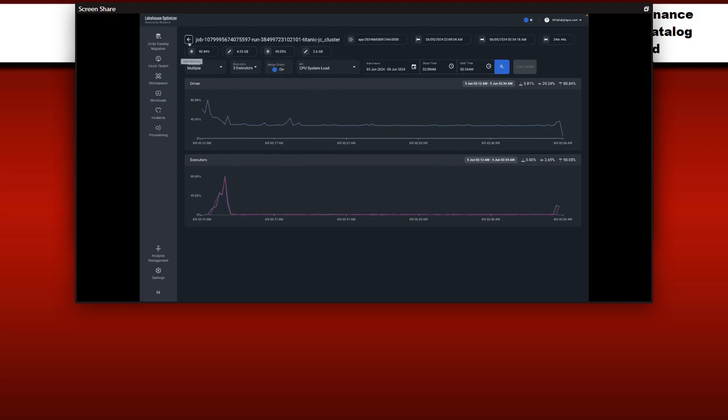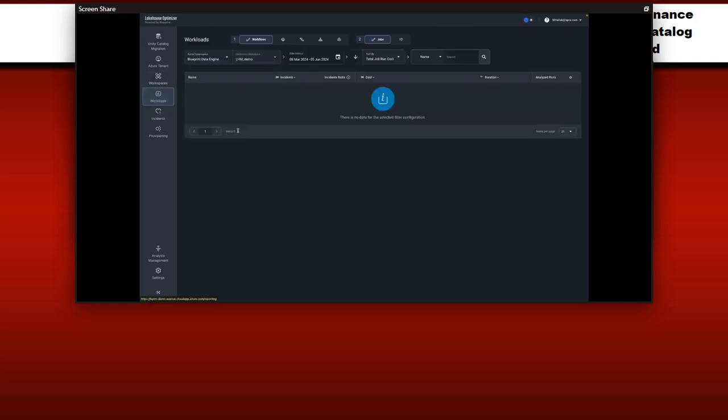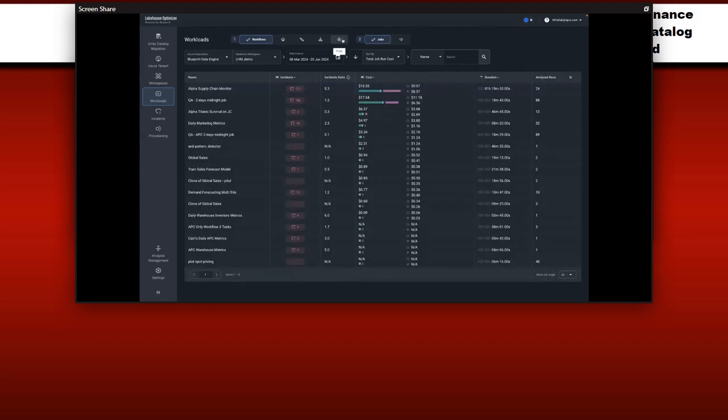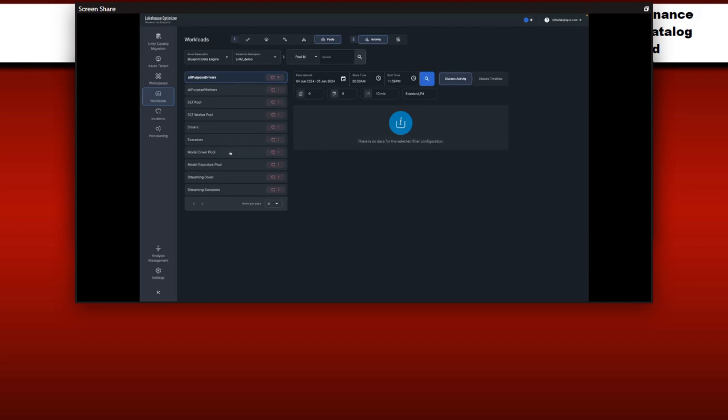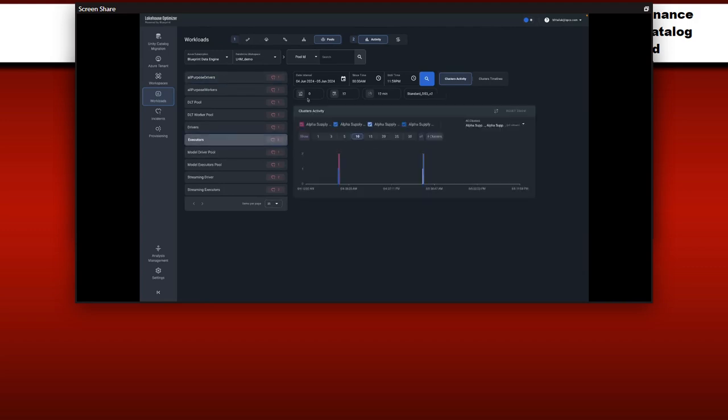I'm going to jump back out to workloads and show one more example over here in the pools area. So we have a number of pools that are running, and I've got a little bit of data from some different pool usage we were experimenting with in the past. So I'm just going to go grab a different date range here. And we're going to box select on some of this hot spotted area of pool activity. So each one of these colors on the screen now represents an individual workload.